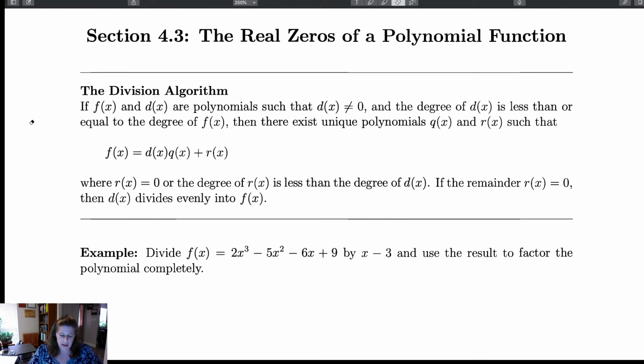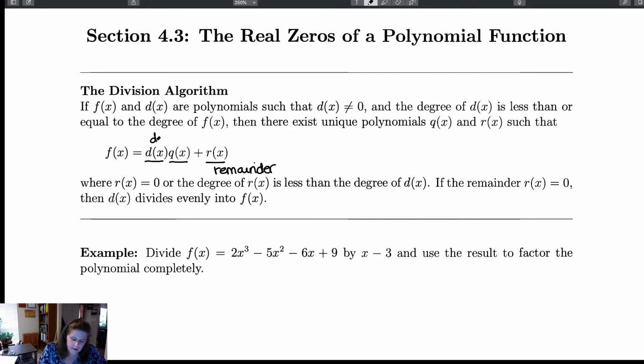So the first thing we need is called the division algorithm. It basically says that if you have a function f of x, and it's a polynomial, then you can find a function d of x, and that's the divisor function, and you multiply that by q of x, or the quotient, and add r of x, or the remainder, to it in order to get the original function. So r of x is the remainder,